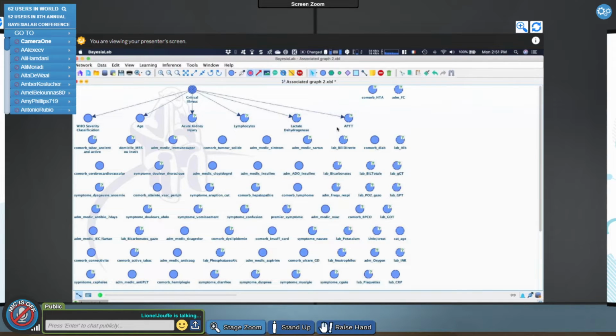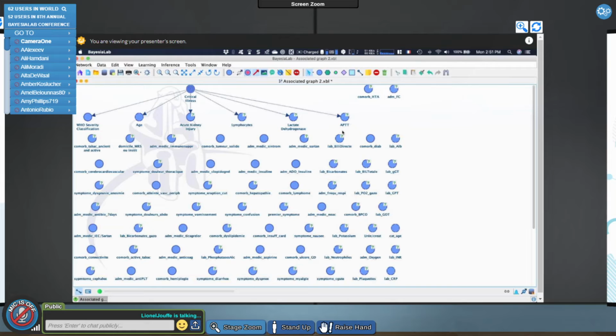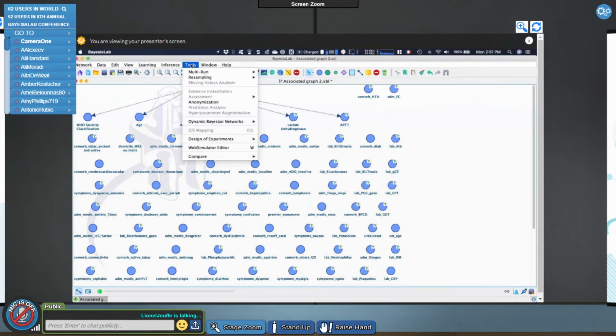So this way we can really understand what is behind that. And so, as I said, we have validated this workflow, and now we have another tool that allows us to analyze more deeply this kind of network.